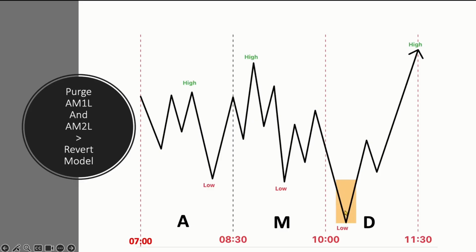And when we then see the displacement occur, it is likely to reprice higher very quickly. Again, this scenario occurs when there's high impact news around the end of the AM session, so around 9:45 to 10 AM, or when there's no high impact news at all and 9:30 is the main volatility driver for the AM session. It's important to note that all these scenarios that have been shared with you only occur throughout the